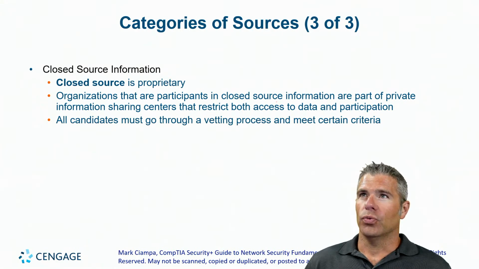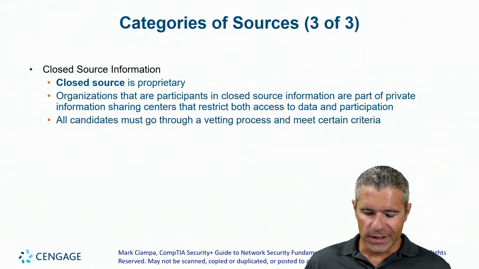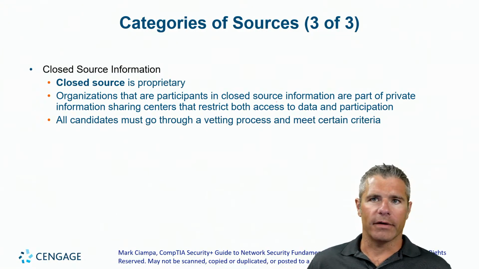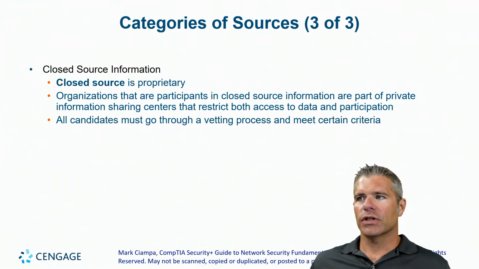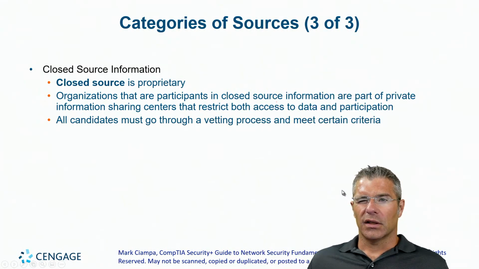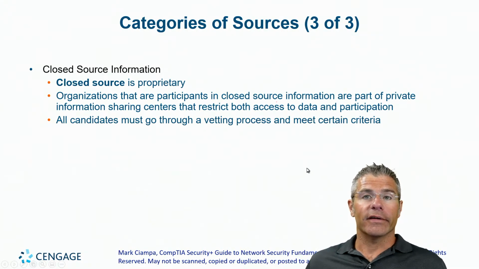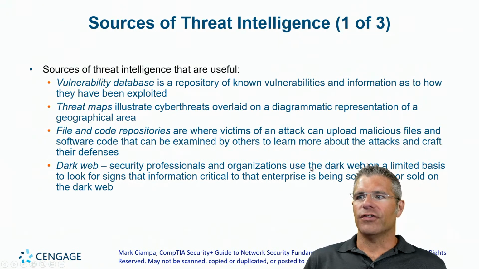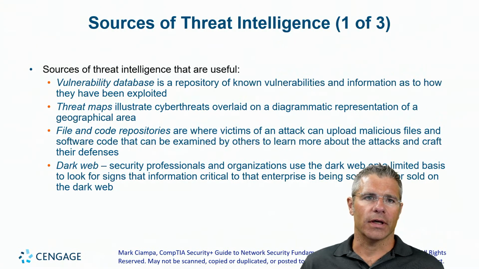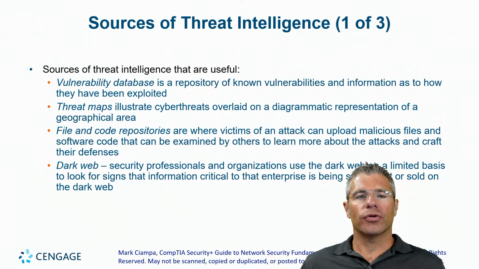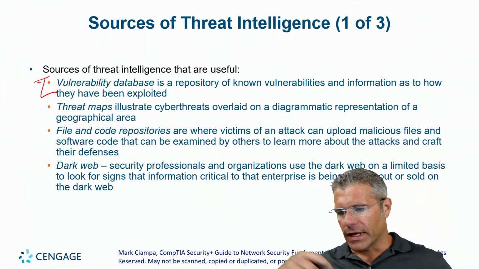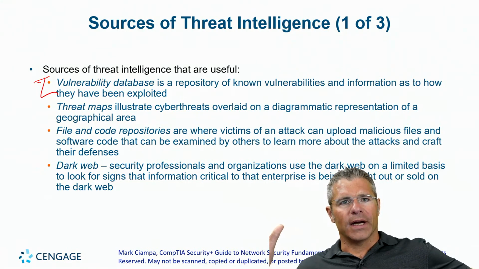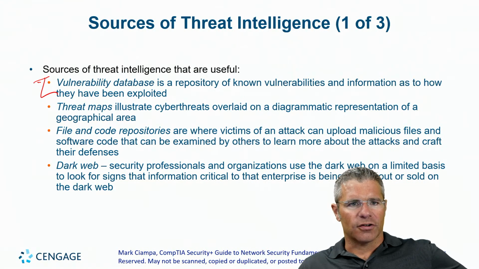So if you want to be a member of some of the local organizations that work with the FBI, that may involve having a background check done in order to make sure you're secure, or that you are in fact a member of the industry that you're working with, and not just letting any Joe in off the street who alleges to be interested in that sort of thing. So there's a bunch of useful threat intel out there in things like vulnerability databases that are a repo of what's been going on and what's been exploited out there.